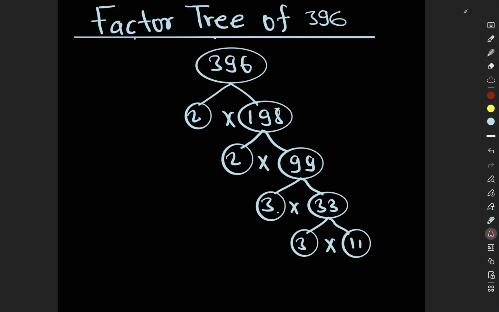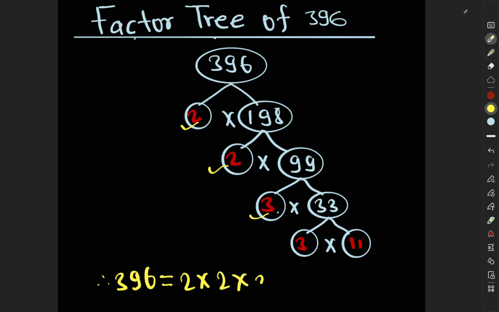So now we select the prime numbers in all these numbers. So the prime numbers here are 2, this 3, and at last 11. So we can write 396 is equal to the product of all these prime numbers, that is 2 times this 2 times this 3 times this 3